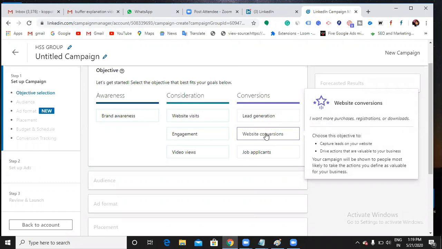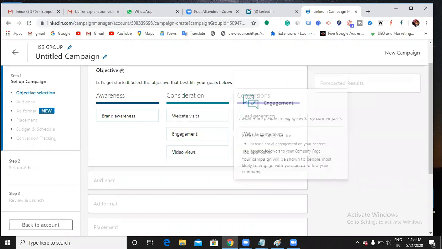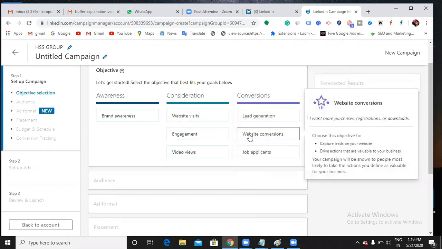So what is the difference between website visits and website conversions? Is there a difference? Yes. With website visits, people will only visit the website, but there won't be any engagement from their side. They'll only visit. With conversions, they buy the product or use the service.